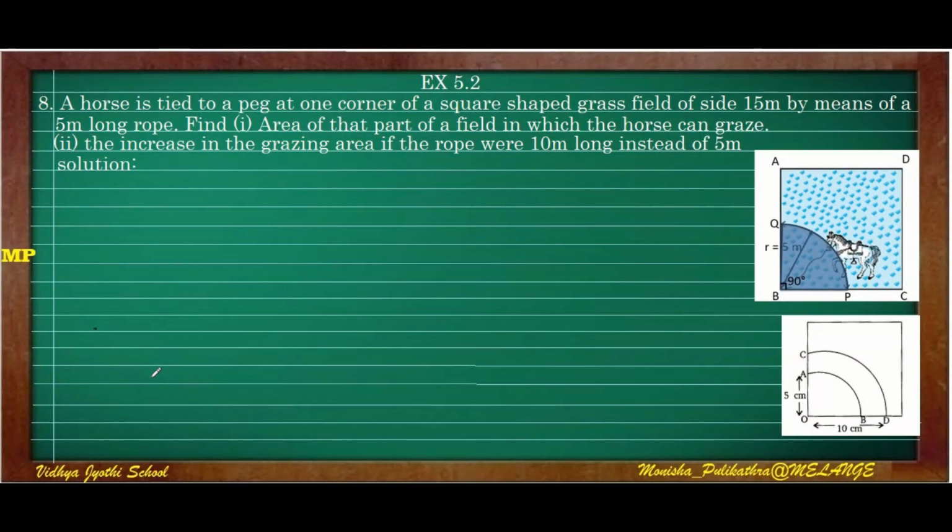Let us move on to the 8th question of exercise 5.2. Here first we need to find out the area grazed when the rope is 5 meter. So two areas are given. Once the rope is 5 meter, next the rope is 10 meter. So we have to find out how much the grazing area has increased by the length of the rope increasing. Okay, so first